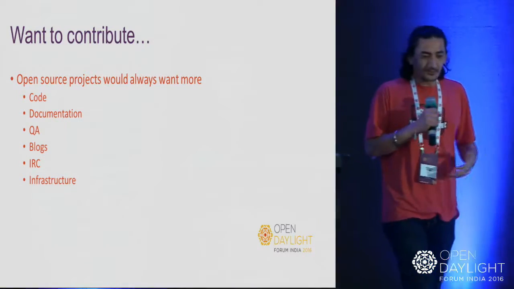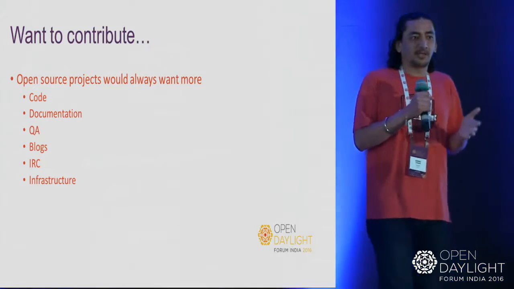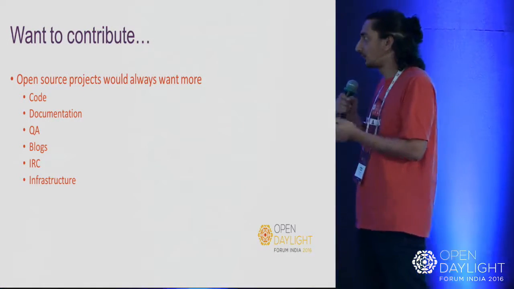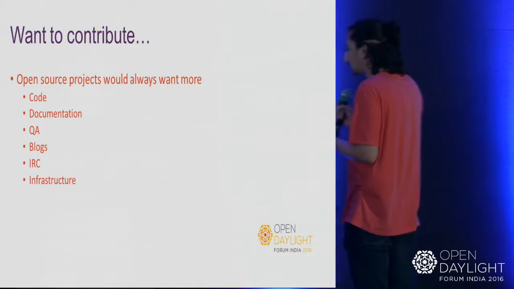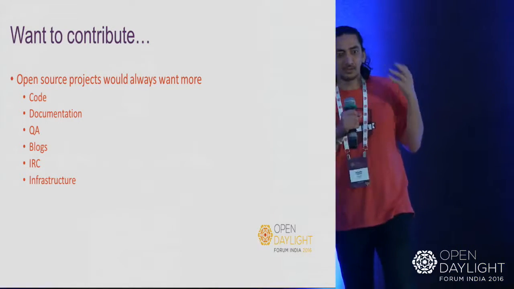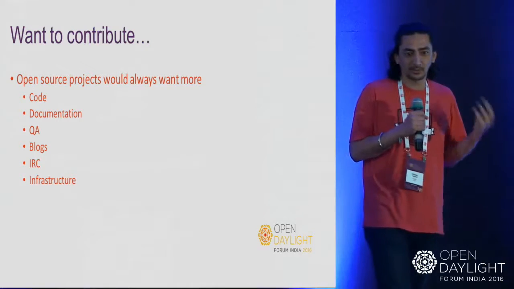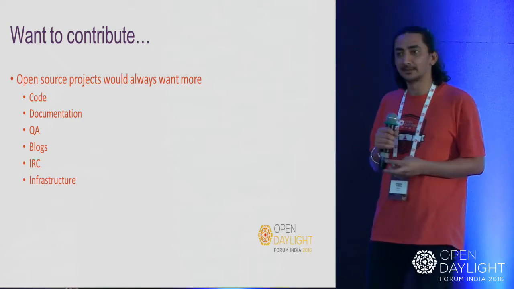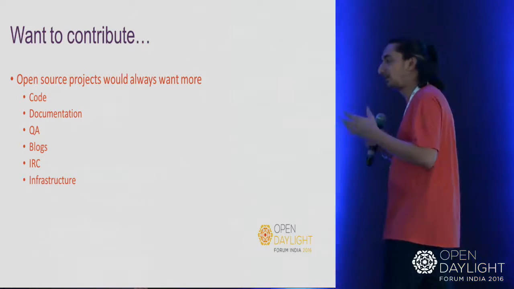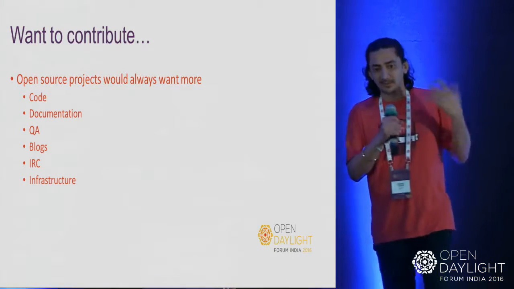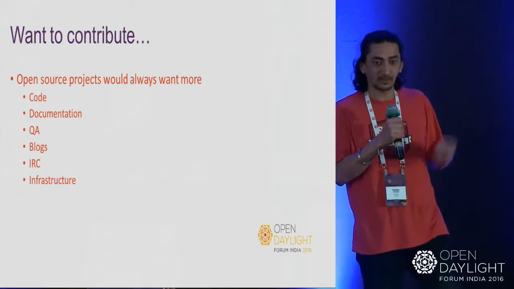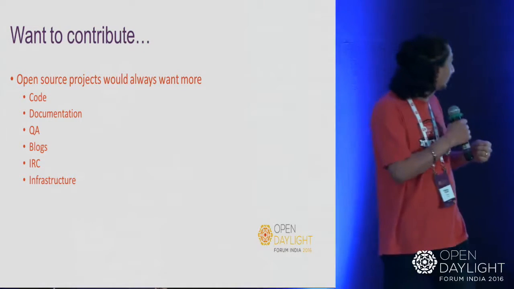Okay, so when you decide, I want to contribute, the first question is what to contribute. No matter the nature of the open source project, every open source project will always want, first of all, code. In open source, code is everything. Then documentation, then QA, or rather testing. What those tests are varies from project to project, but code, testing, documentation, and what else was there?